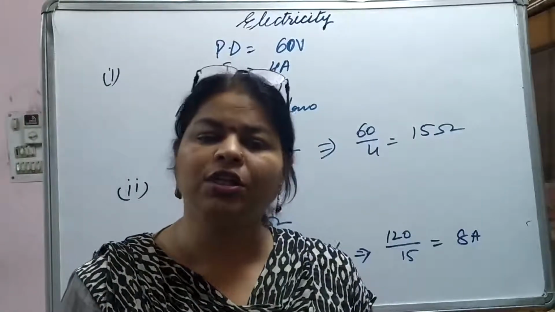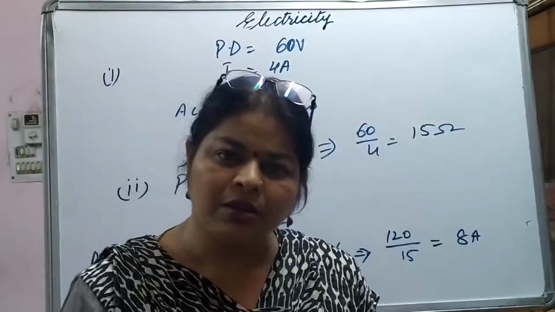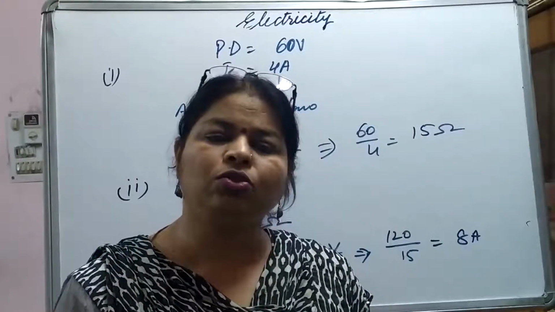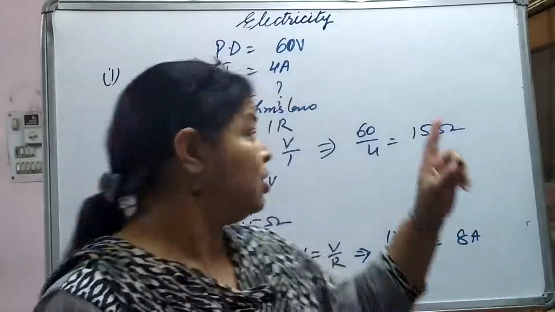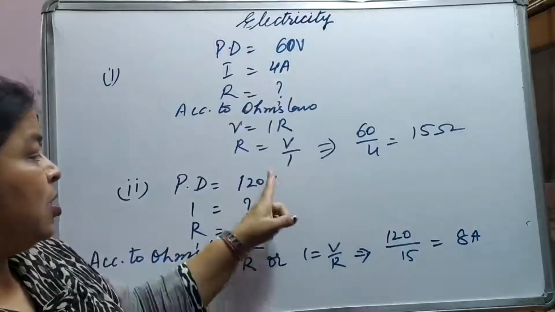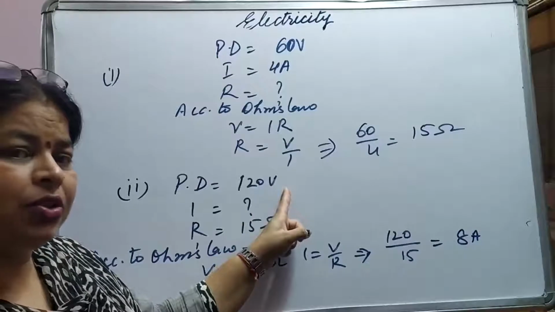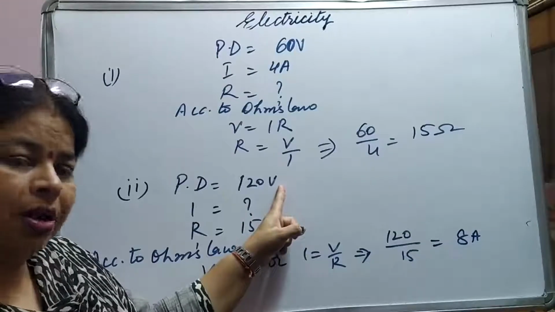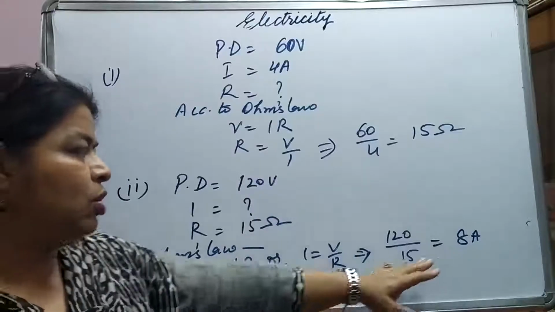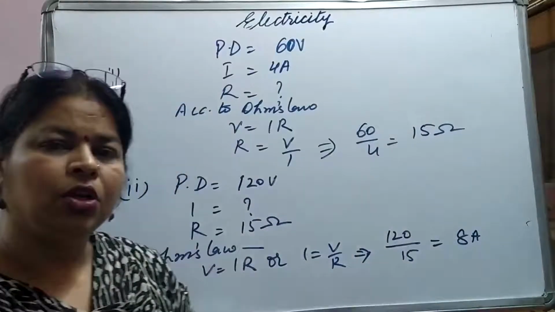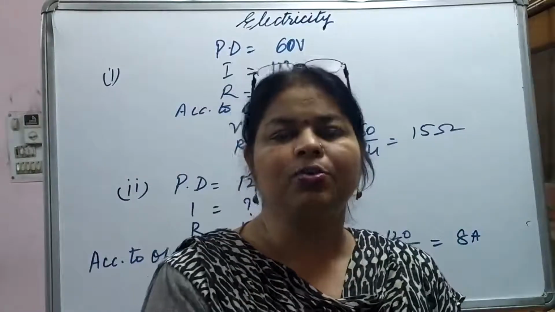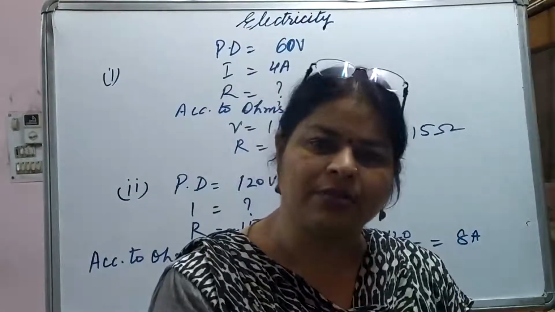Okay, so don't you think that it is double? If we have increased the potential difference to double, it was earlier 60, then we were having current 4 amperes. But when our potential difference has been increased to 120, almost double, so what will be the current? Current is going to double. So that only we got 8 amperes. So I hope the questions are clear to you. Very easy and simple numericals are there, but you need to practice them. Thank you.